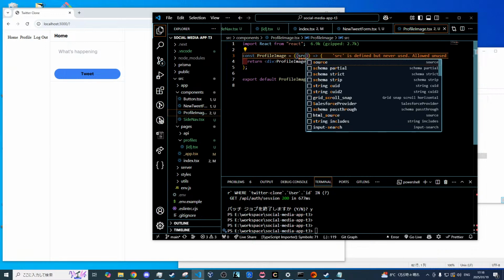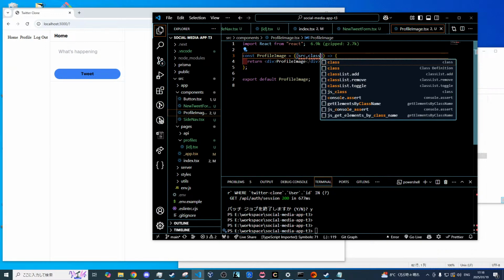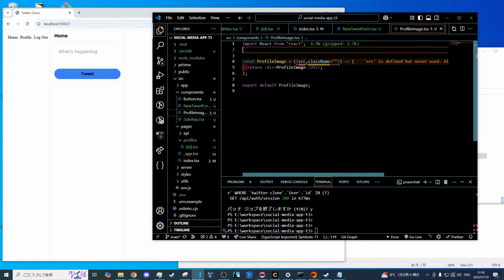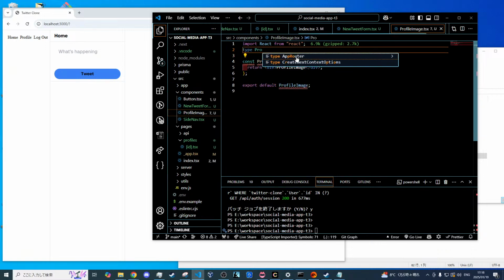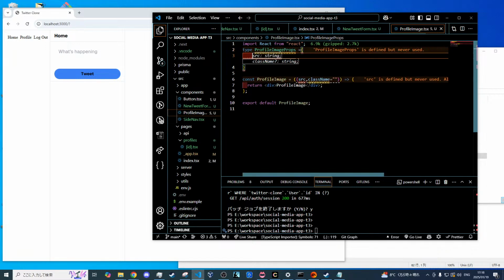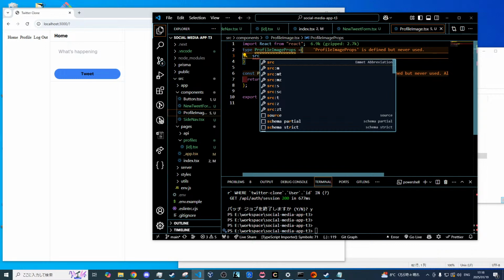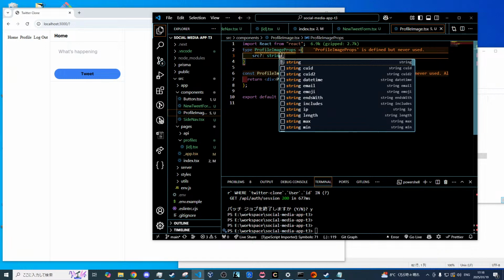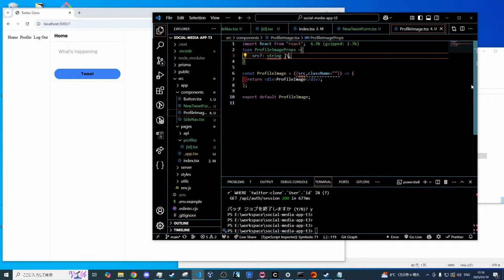Type profile image props. Here we have our source, which is going to be a string, and also really importantly, this can also be undefined or null. So we're essentially making this an optional property, because if we don't have an image, which is possible, we want to make sure we fall back to a default image. Then the next thing we can do is do our class name. That is going to be optional as well, and it's going to be a string. There we go. So now instead of our profile image, what we